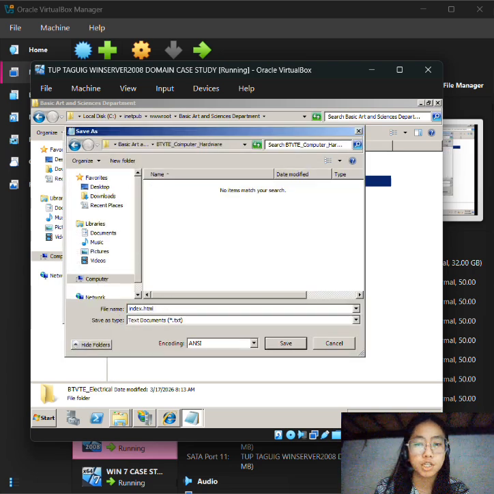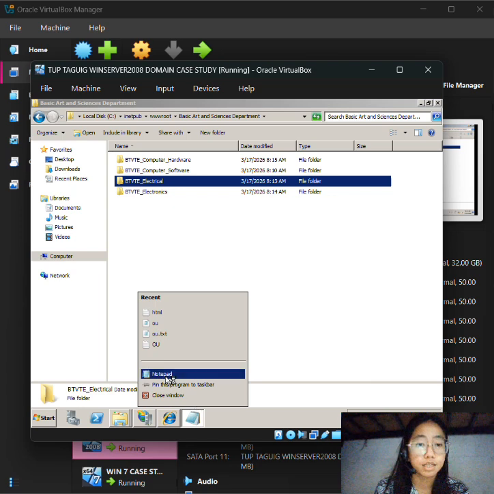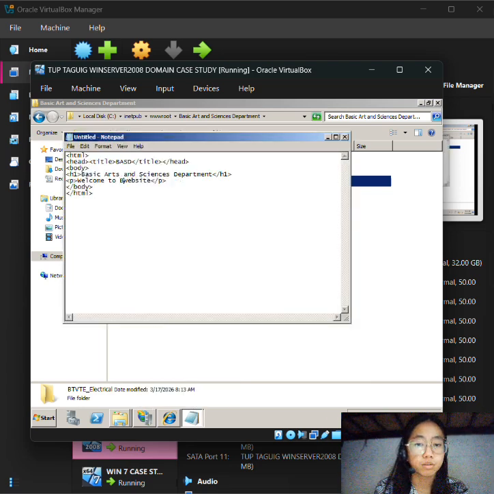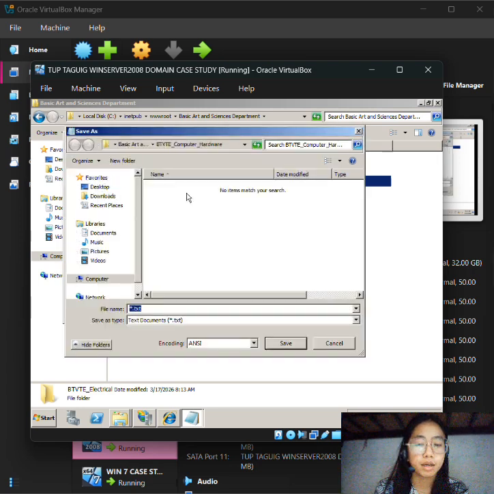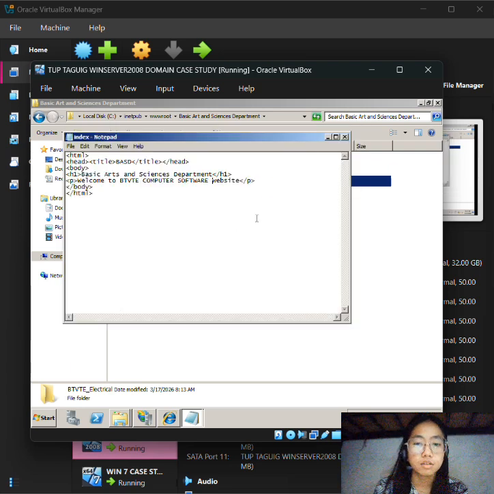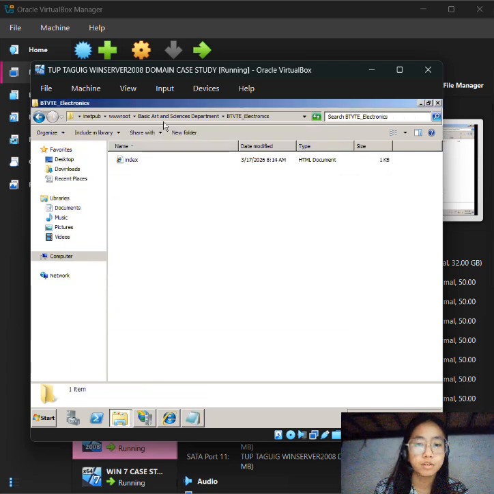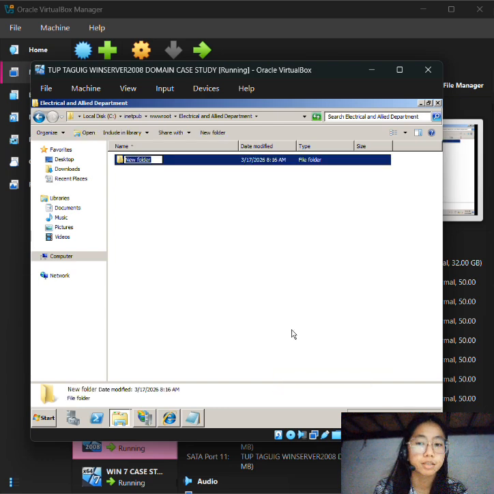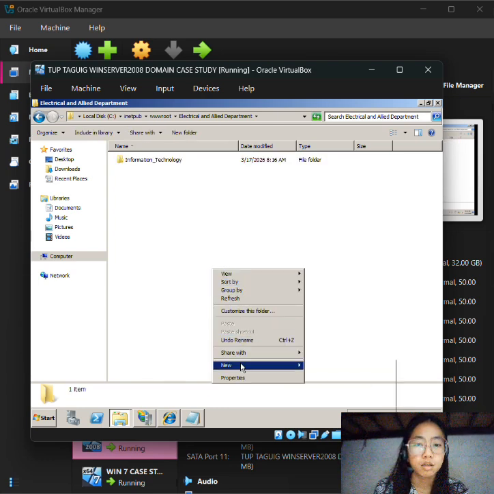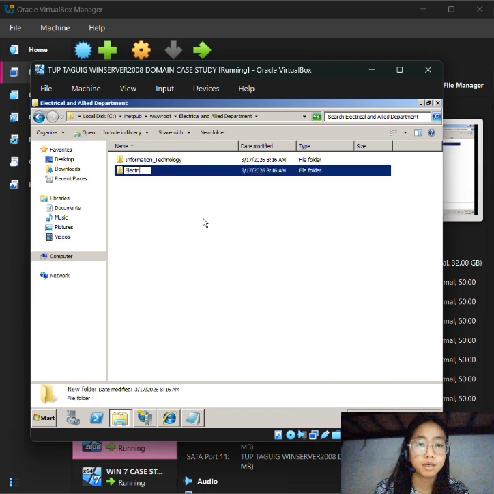These pages can be accessed through the browser using the server's IP address followed by the folder name. For example, users can access a department page by typing the server IP address slash the department name in the browser.